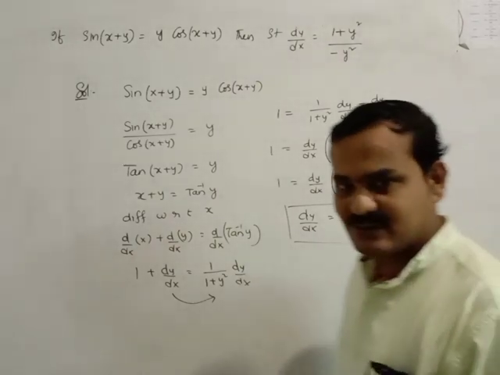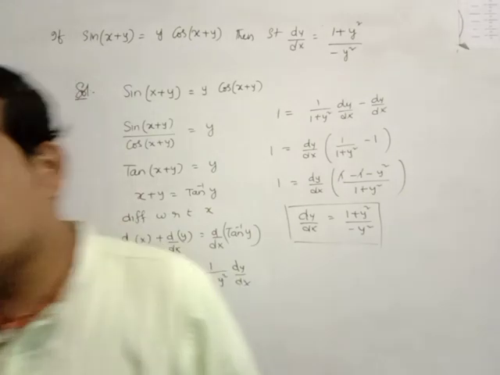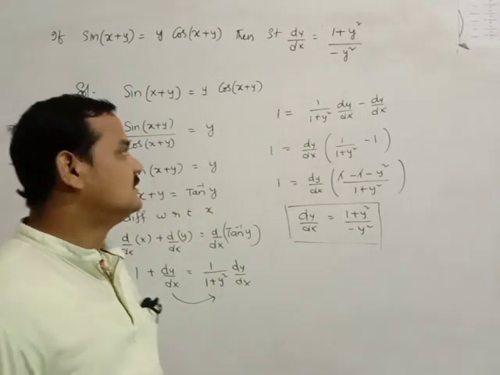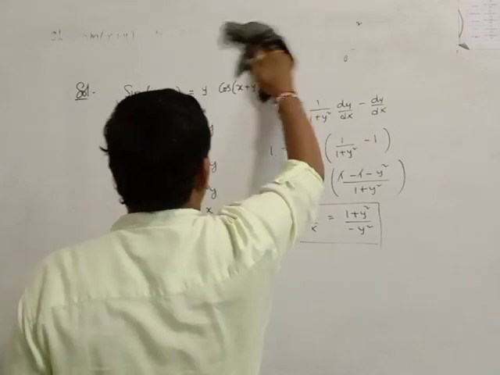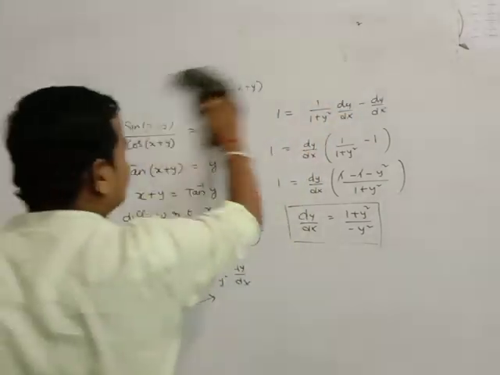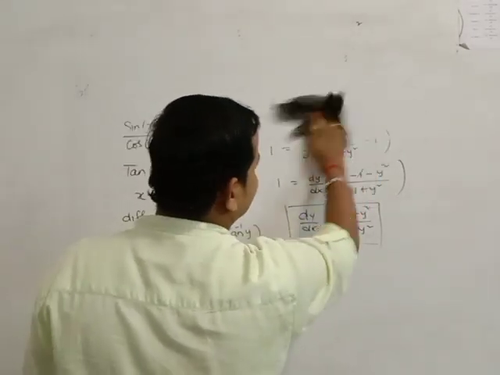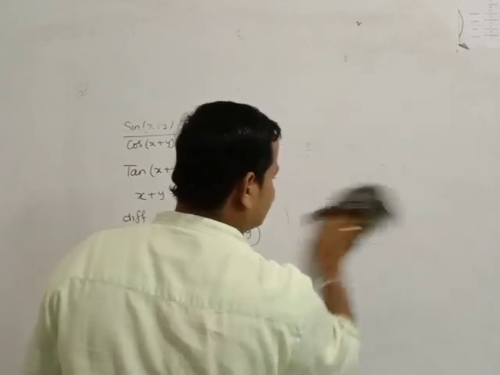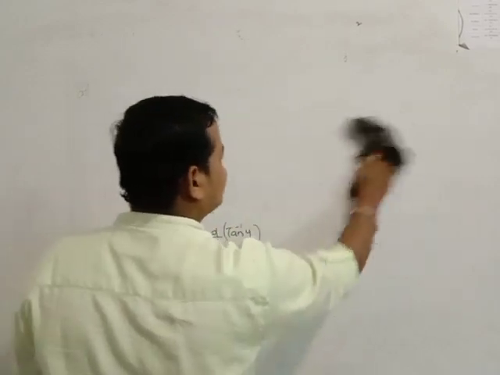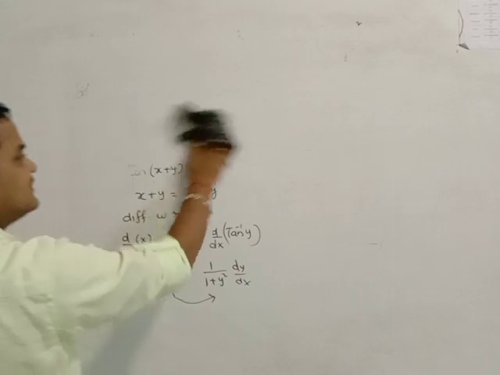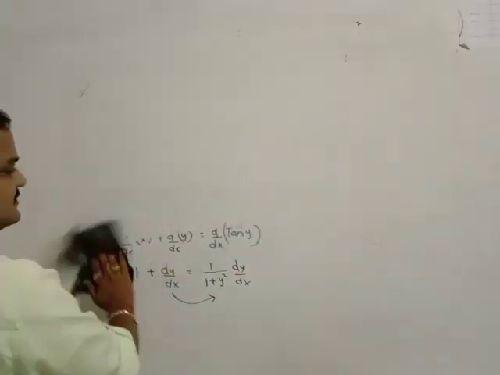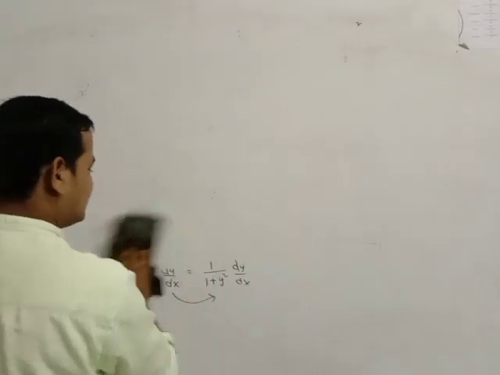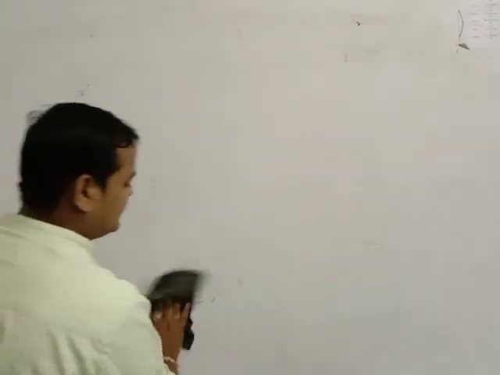Now we are going to discuss the problem which is related to logarithmic differentiation. Logarithmic differentiation problem is there. That is question number 9. Most of the differentiation questions come from implicit functions only, because implicit functions are a combination of inverse trigonometric functions and logarithmic functions and all. That's why this type of question repeatedly comes in the examination pattern.